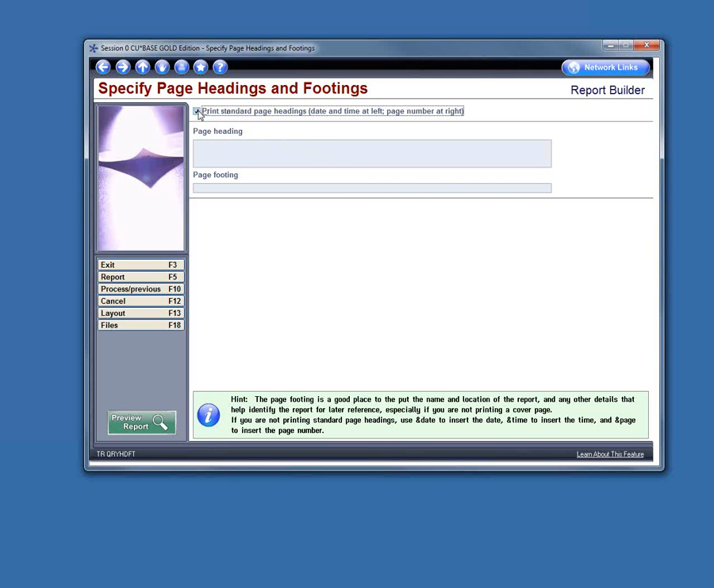If you choose to uncheck this box to not print the standard page headings and the date and time at the top right, then if you want to omit the standard, you can define where you want those options to appear on your report. So if you uncheck that box,